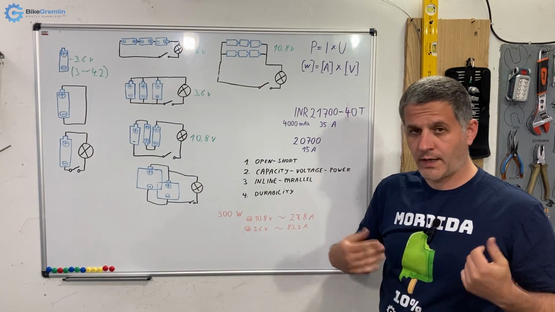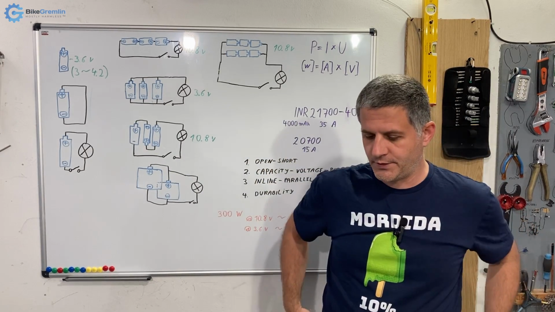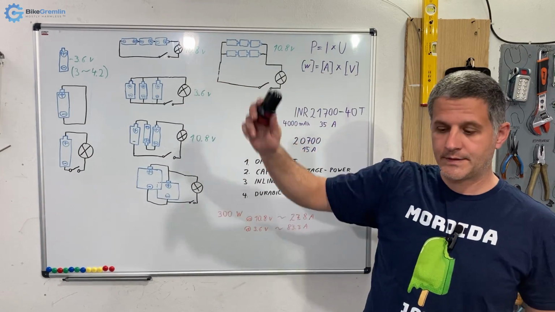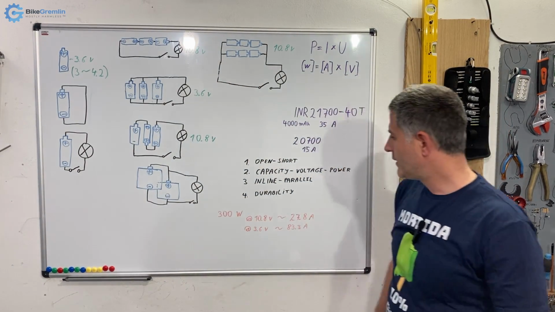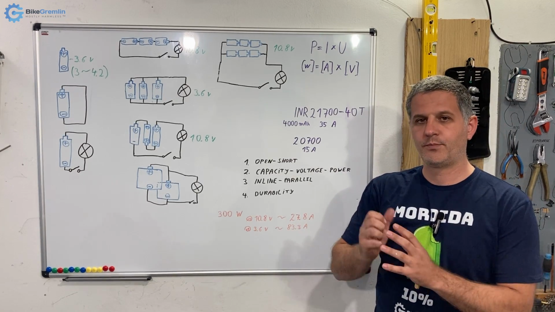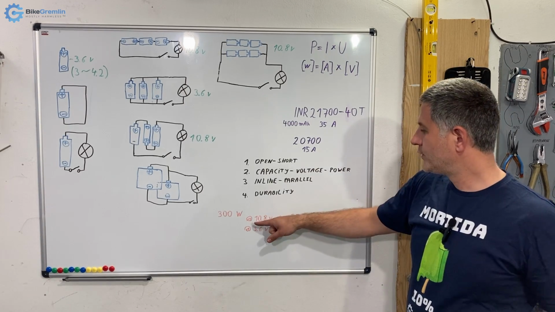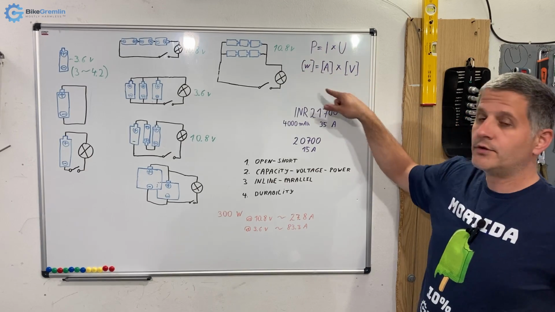Now for the larger tools, you want to have a higher voltage. I will explain first using the 10.8 volt set why the more powerful tools have higher voltages. Here, for example, if we want to take just 300 watts from a power tool or any other appliance, if we have a voltage of 10.8 volts, that will take, this is the formula,